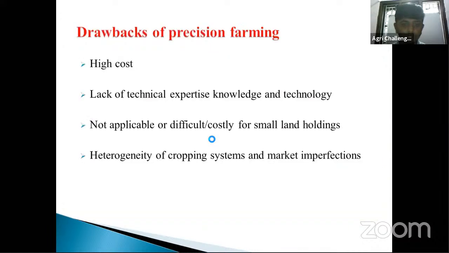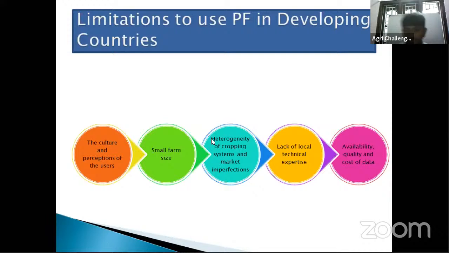Then, okay, everything is a technology. There are no drawbacks, everything is fine? No. In any technology, any law, any concept, there are some drawbacks or demerits. If merits are there, demerits are also there. No technology is perfect. So, what are the drawbacks? Cost